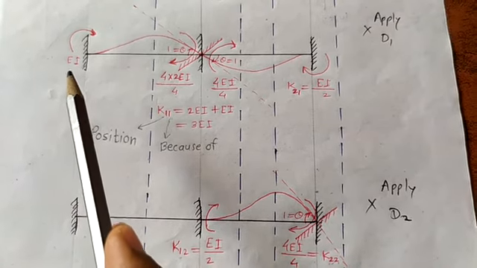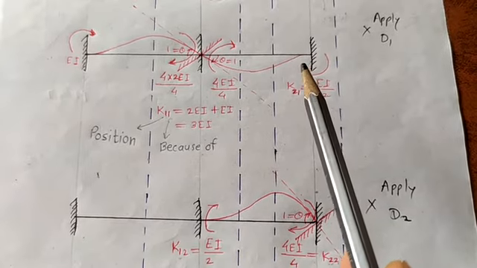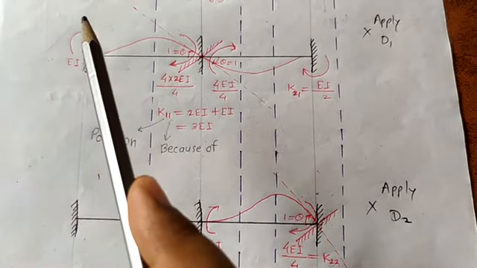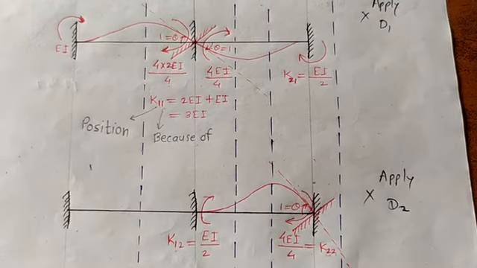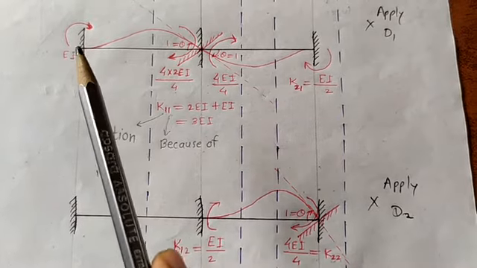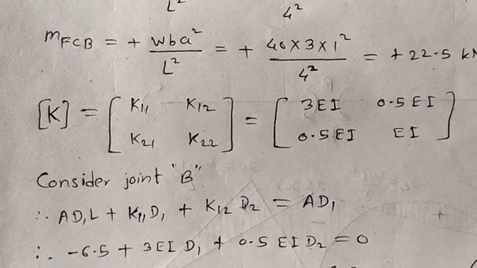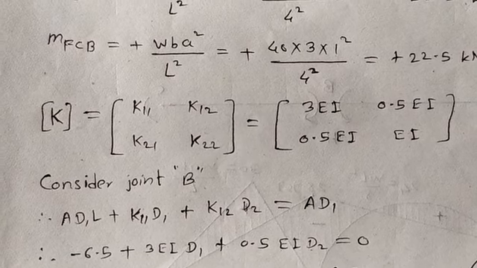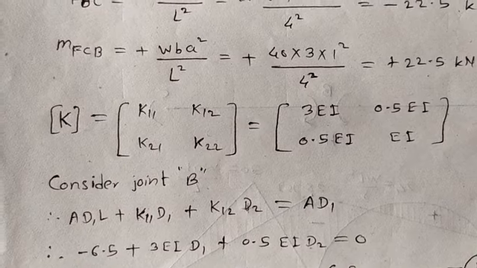We have taken the unknown joints as B and C only. That's why we don't put any stiffness coefficient at this joint, as the given beam has KDA equal to 2,